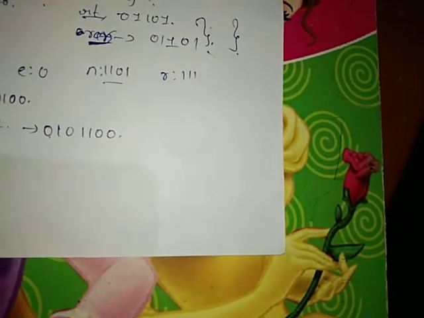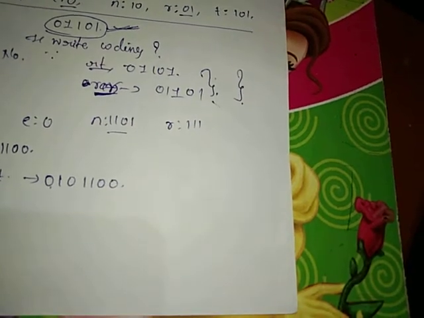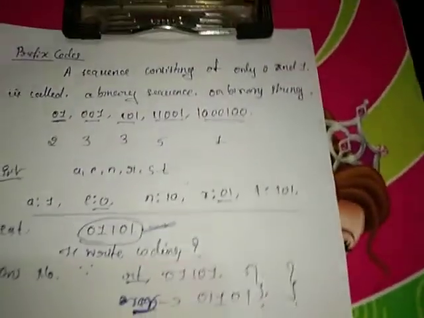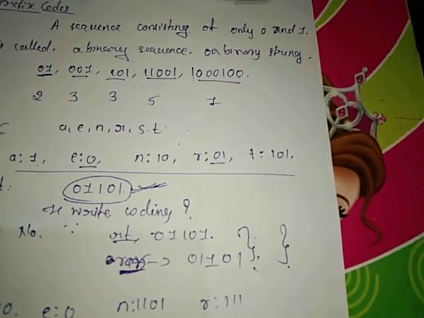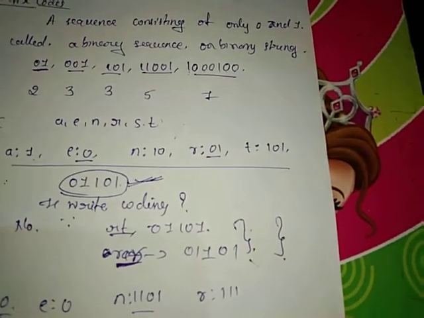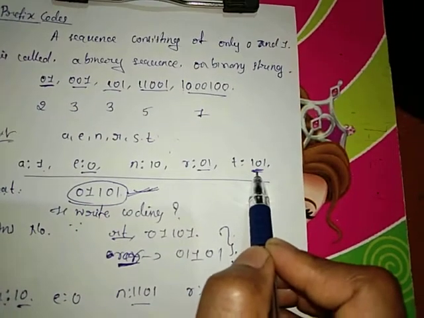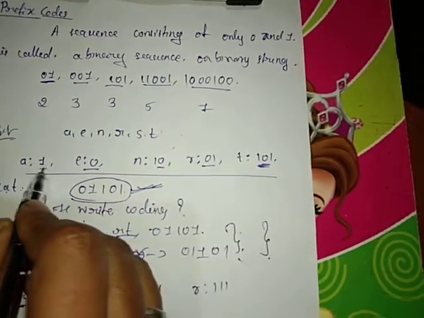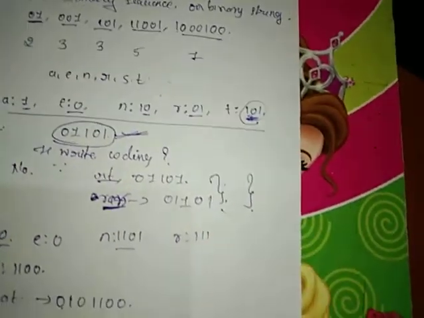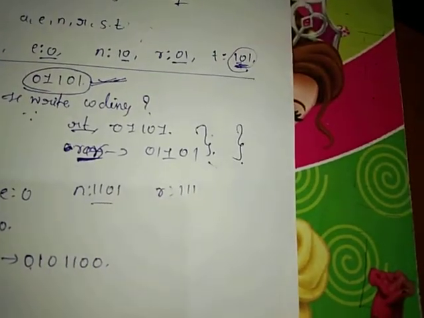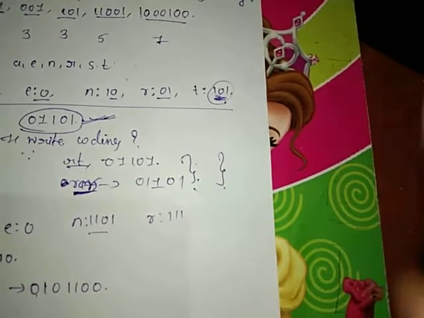In the first coding scheme considered above, the code 1 is assigned to A, 10 is assigned to N, and 101 is assigned to T. The code assigned to T contains 10 and 1, that is, the codes of N and A are present as prefixes. So both A and N are present as prefixes in the sequence of T.